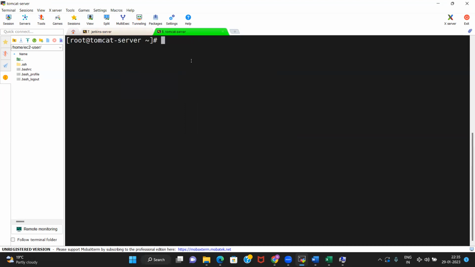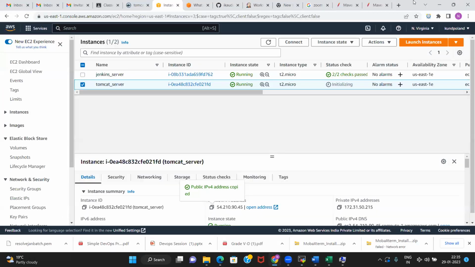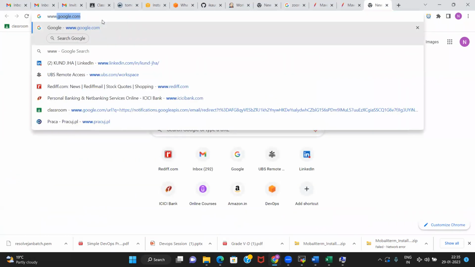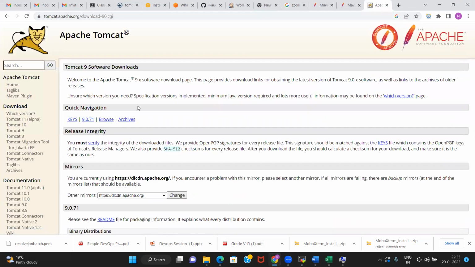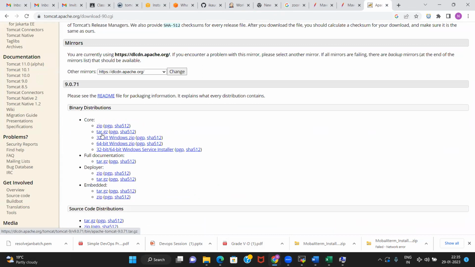Okay, so this way you have, kind of, a simple thing. Now let us set up the Tomcat server. Okay. Tomcat server setup is similar to whatever we have done for Jenkins. Again, what we will do, Tomcat download. Okay. Tomcat download. And you will find this tar.gz, the second option. Right click and copy link address. Okay. And then